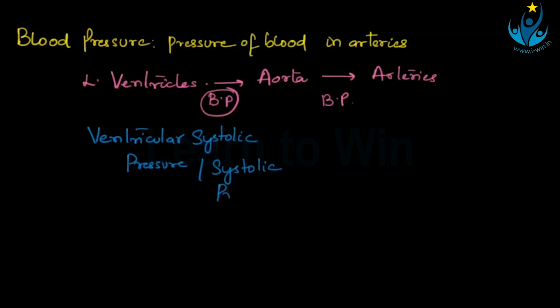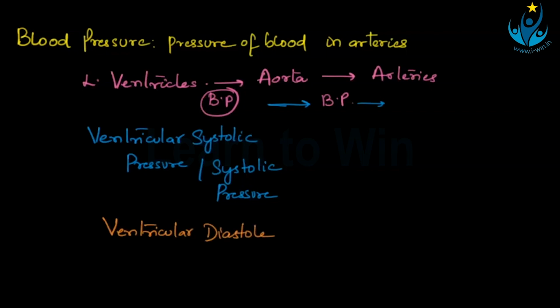When you say the systolic pressure of the blood pressure, you're talking about the ventricular pressure which is pushing the blood from the ventricles into the aorta. Then a similar amount of pressure, with a little difference, will be carried into the arteries. Similarly, when there is relaxation of the ventricle, when there is ventricular diastole,